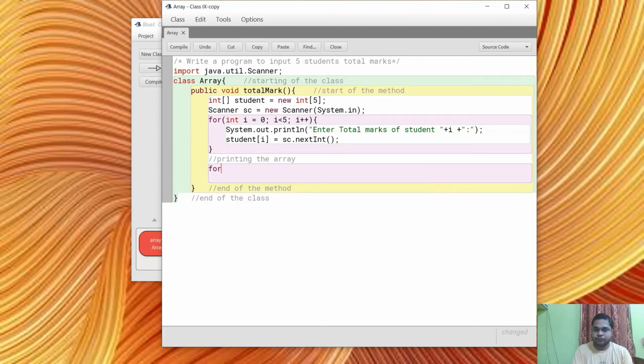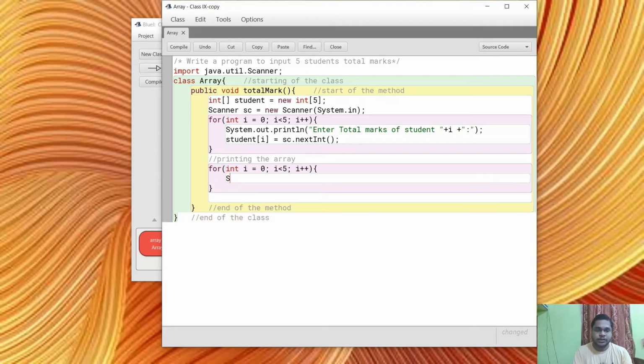Again I start the for loop. Here int i is equal to 0 to 5, and here it is i plus plus, started the curly braces.